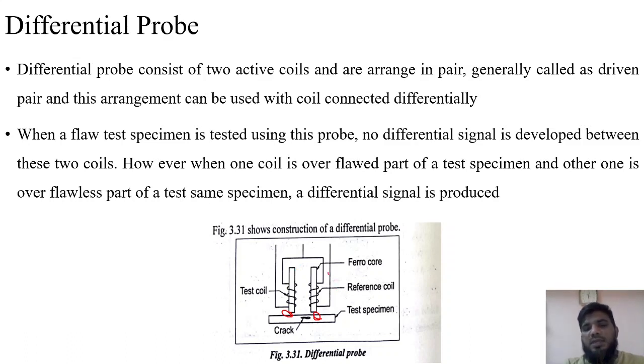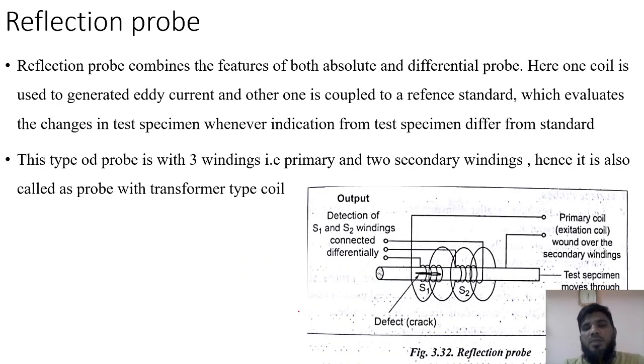For example, let us take the reference value as 10. Since the material is the same, we should get 10. But because of the presence of crack, the eddy current flowing through will be different. So we can identify that this is not giving me a reference value because of the presence of crack. For example, if it gives you a value of 8, it means there is some amount of crack. So we'll try to move this differential probe to and fro to exactly find the location where the crack or flaw is present.